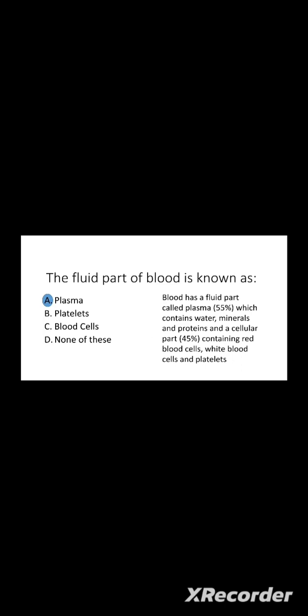Our body has a connective tissue called blood, and the fluid part in that connective tissue is plasma, which is 55% in total, and it contains water, minerals and proteins. And the second cellular part is 45% of the total blood, and that contains red blood cells, white blood cells